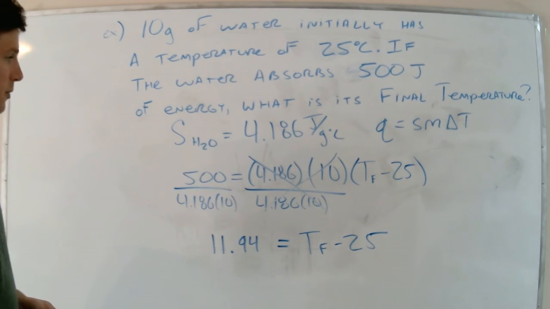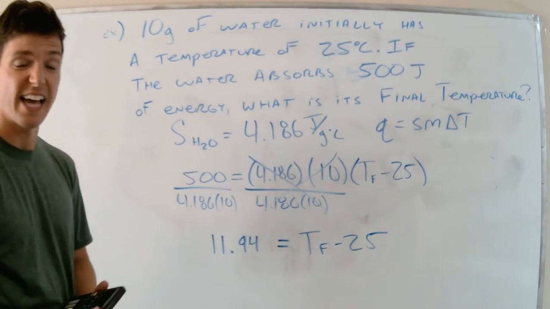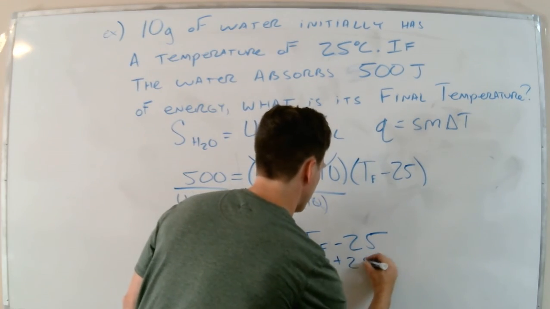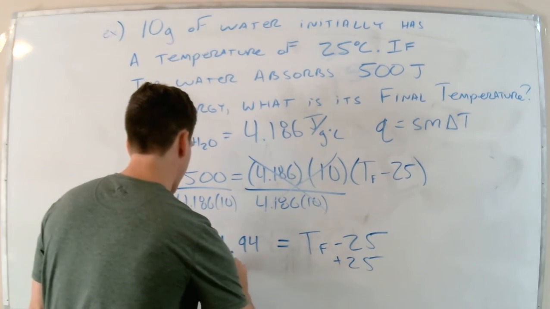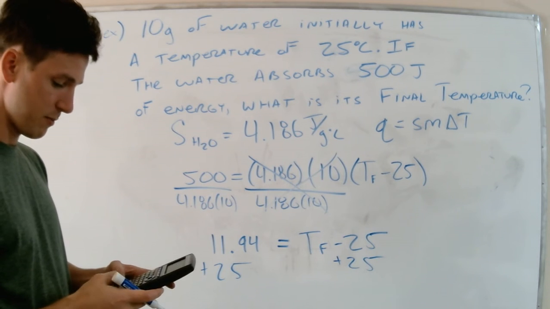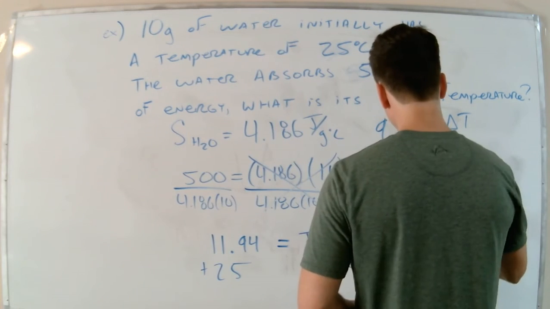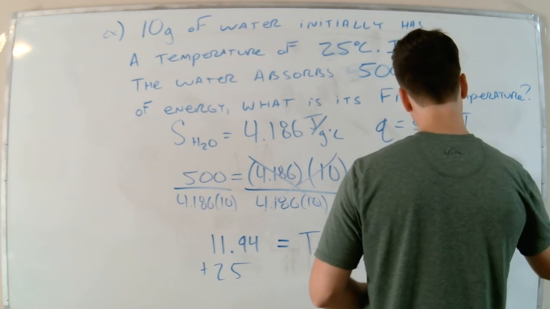Okay, we got rid of 4.186 and 10. We simplified this. Now I got to get TF by itself. So to do that, I just got to add 25 on both sides, right? That gets rid of 25 on the right. If I add 25 on the left, that should give me my final temperature. So 11.94 plus 25 gives me a temperature final of 36.94